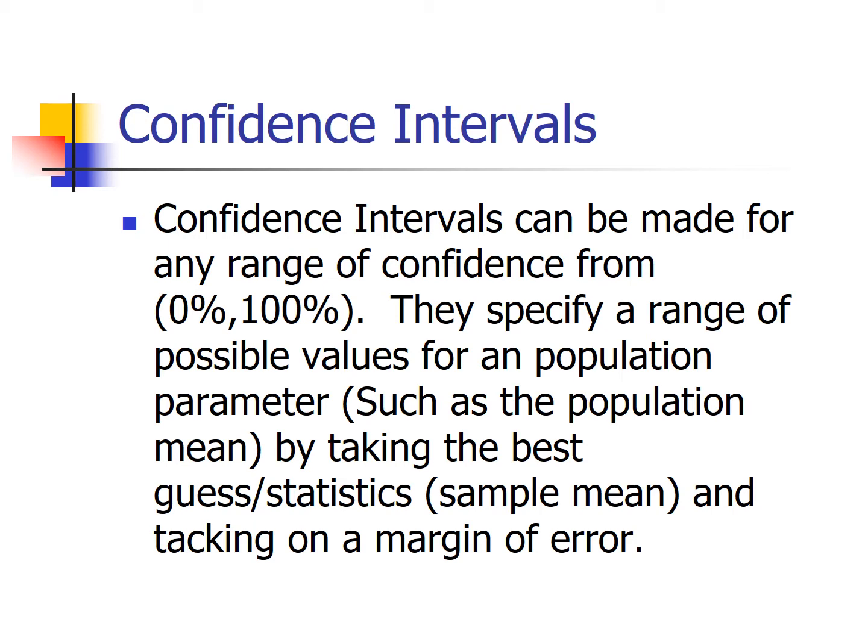We've said already that the sample mean is a good best guess for the population mean. Why? Well, because it's very likely to be very close. Now, the sample mean is not going to be dead on the true mean. In fact, the probability of that happening is 0. But as we said, it's very likely to be very close.